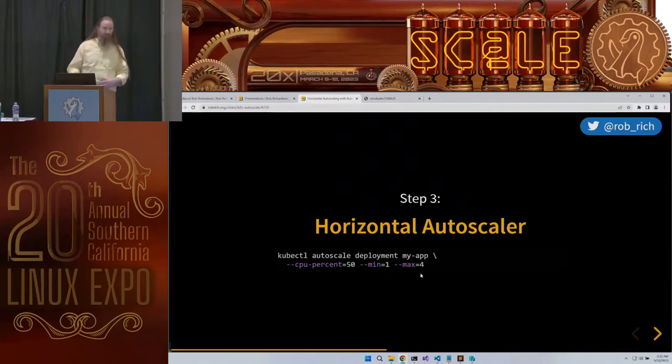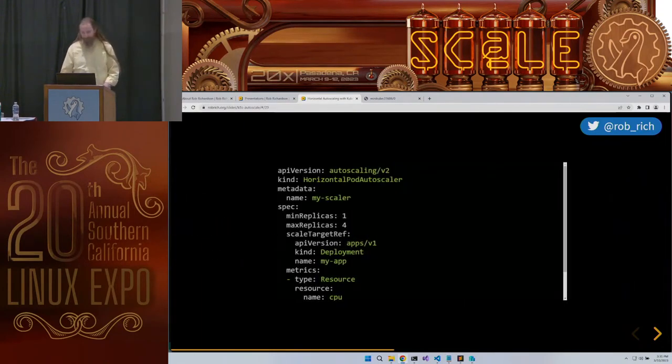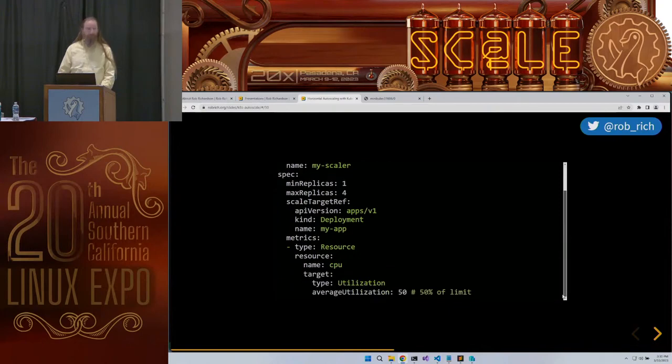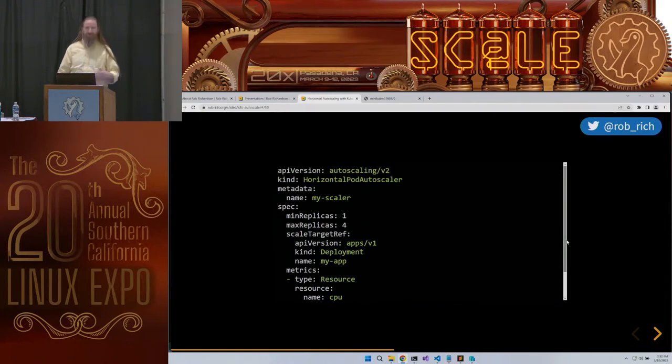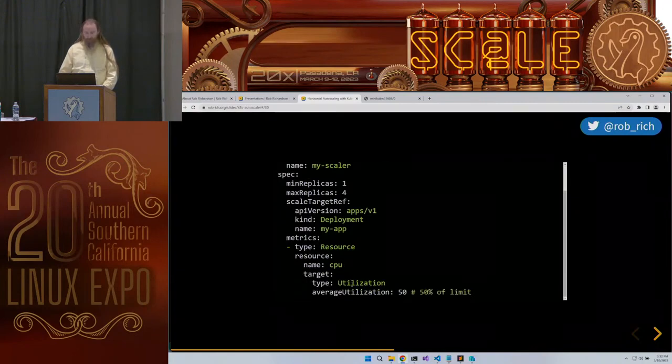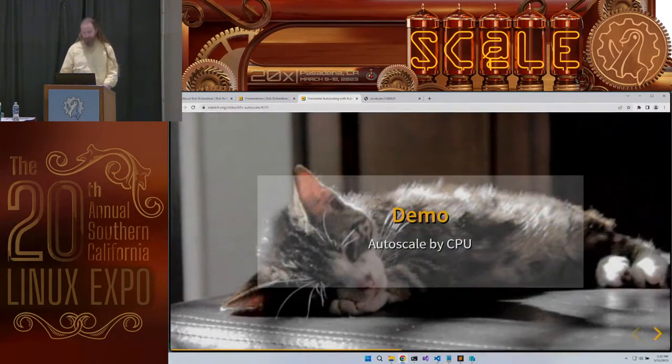Now that's interesting, but we kind of want YAML, and so, well, here's the YAML, the horizontal pod autoscaler. Now, this is a bit more verbose. That's where, maybe the command line gets us close, and then we can pull that YAML back out and trim it to this spot. But yeah, here's the full YAML. So we've got the min replicas, the max replicas. We've specified what we want to scale, and we've specified how we want to scale that. In this case, I want the CPU to be at 50% of the limit. Cool. So now we'll apply our horizontal autoscaler, and it will be able to take actions on those direct metrics.